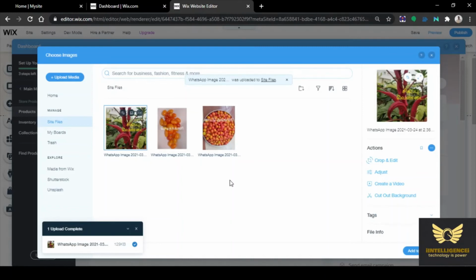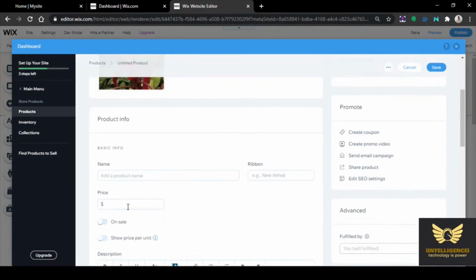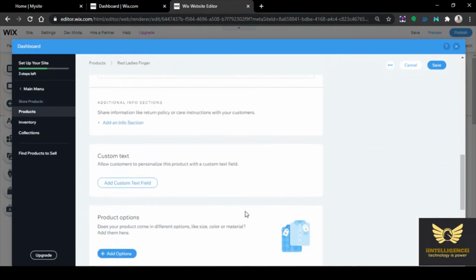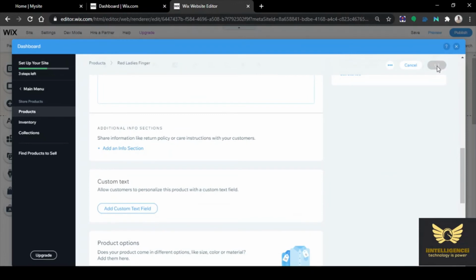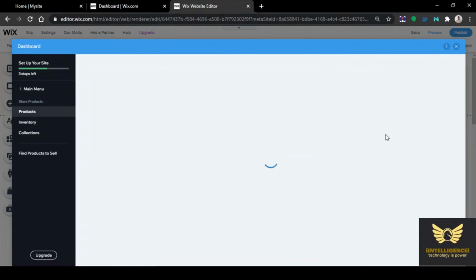If you have a faster internet connection, it will upload immediately, else it takes time. Give the product name: Red lady's finger. Price. On sale. Click save.